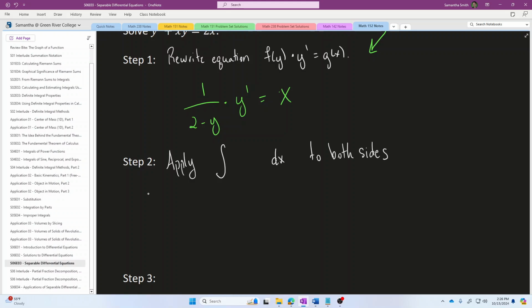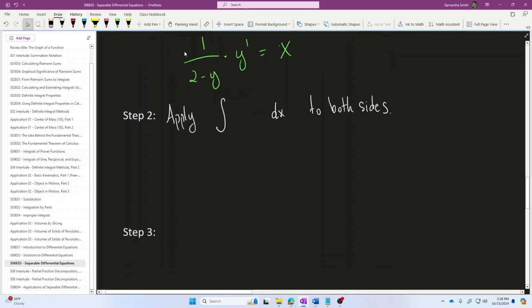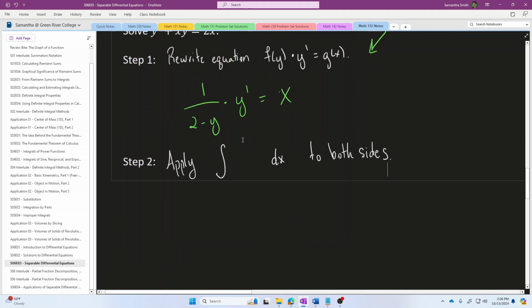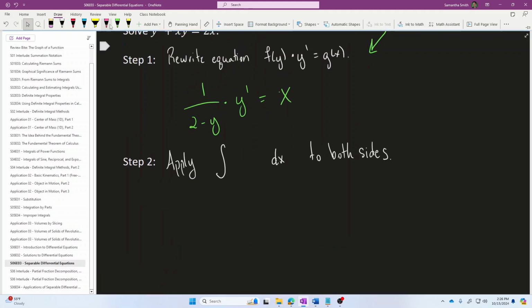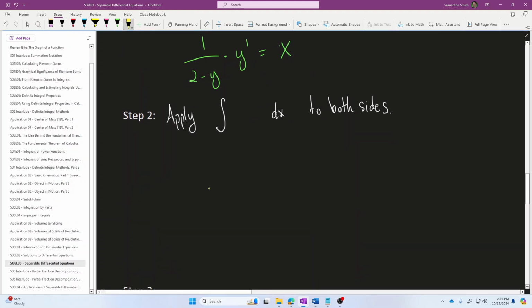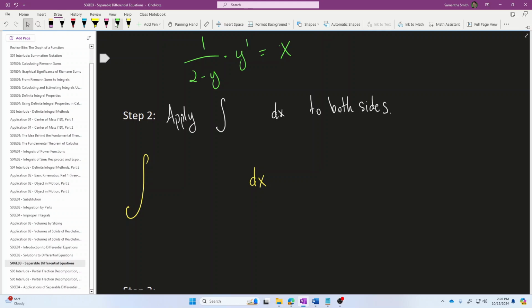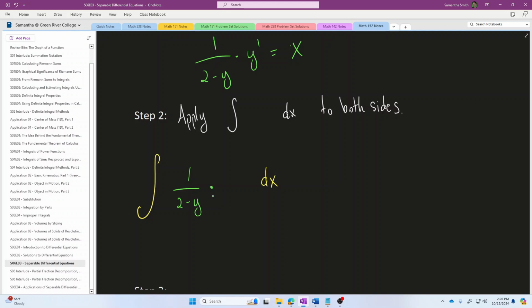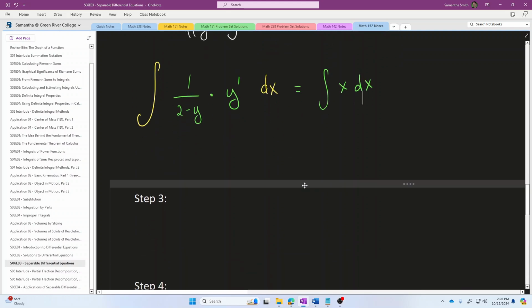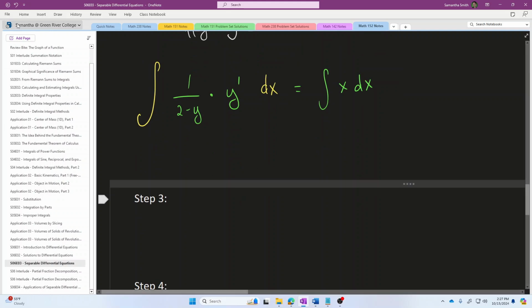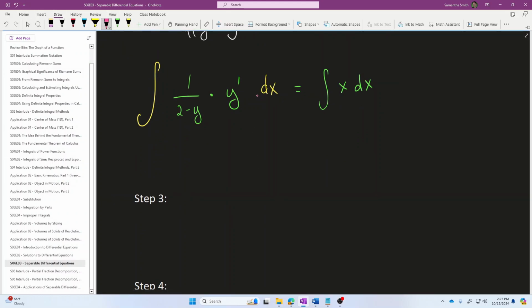We remember that when we are working with equations, you have to do exactly the same thing to the entire left side and the entire right side of this equation. So that's what I'm going to do here. I'm going to take the left side of the equation, 1 over 2 minus y times y prime, and I'm going to integrate that with respect to x. Now the next thing that I'm going to do is I'm going to have a look at this quantity right here,